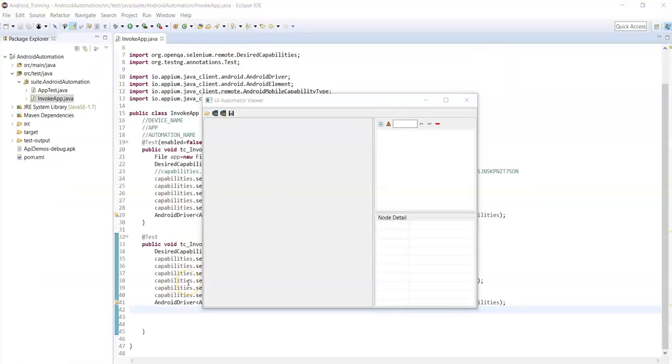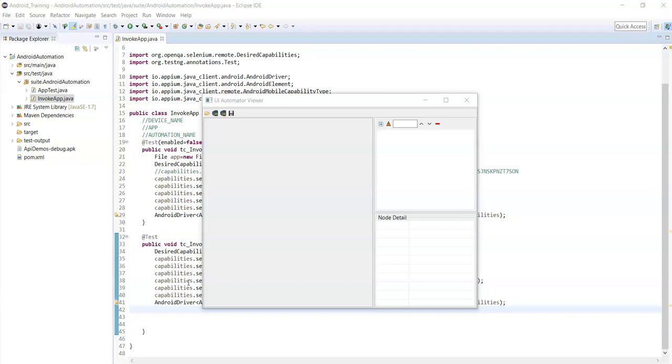Now to identify the locators in the app which is installed on your emulator, you need to open that app in emulator first. But if you want to identify the locators in the app which is installed on your real device, so you need to follow a few things. Make sure that your mobile phone is connected to the system properly, and also ensure that it is unlocked.